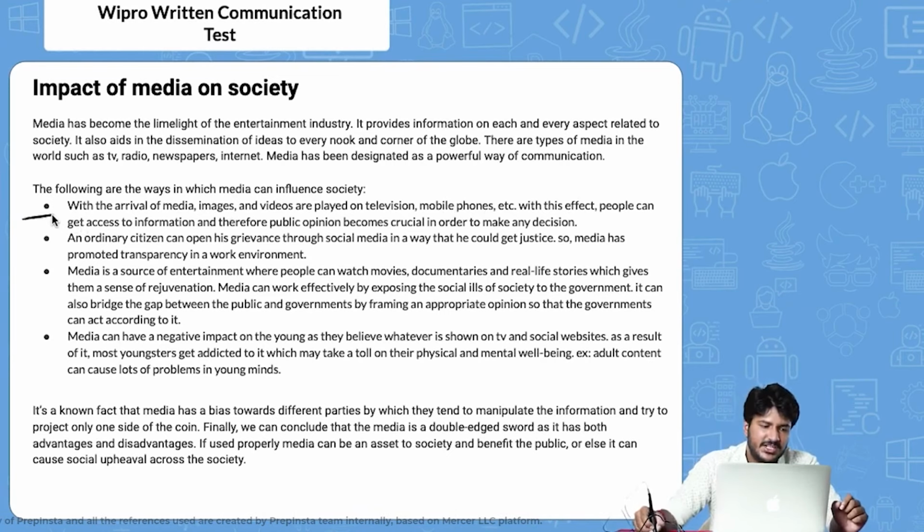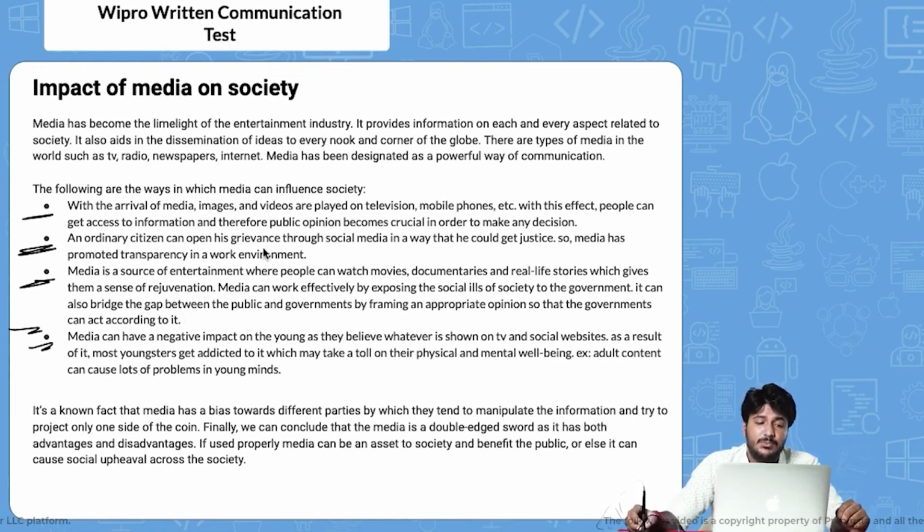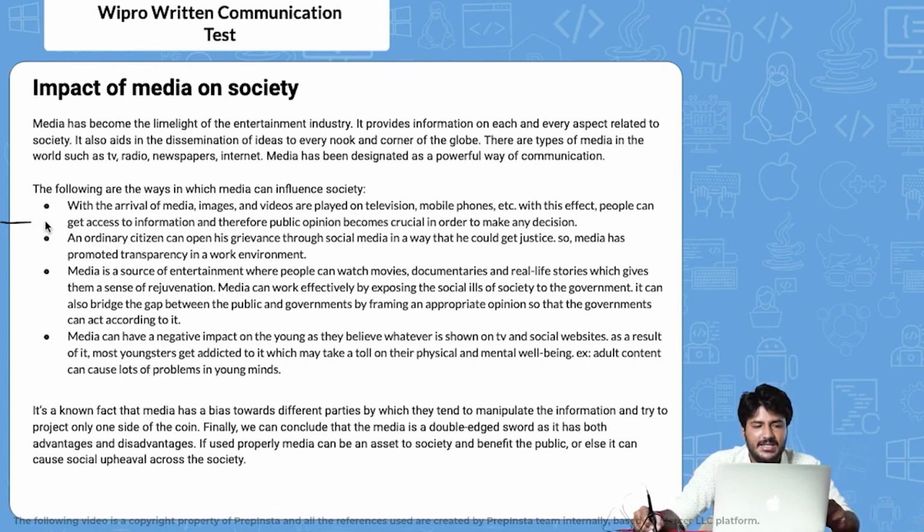Right. So what she has done here, she has included points, right? Which I say is good when you're writing it probably as an email or on an editor, but the Wipro editor will not provide you these bullets, will not provide you bold or italics and all of that, right? So what you can do is, rather than writing these bullets, write them as a paragraph, and then this is perfect. Well, this is perfect how she has written, just that no bullets would be there. That is what I'm trying to explain to you.